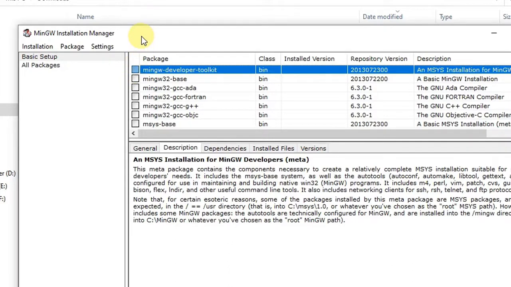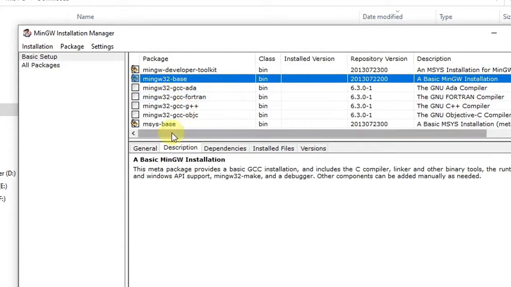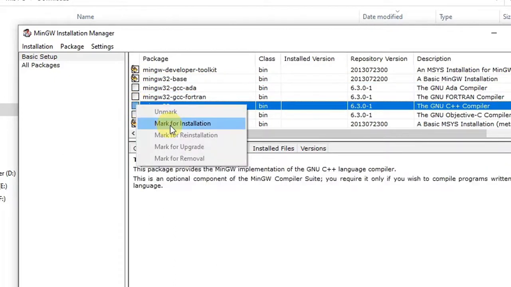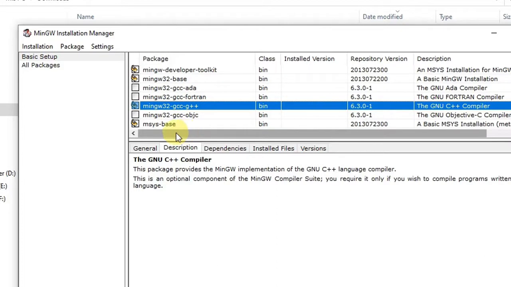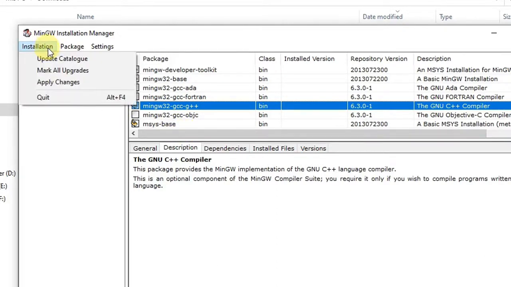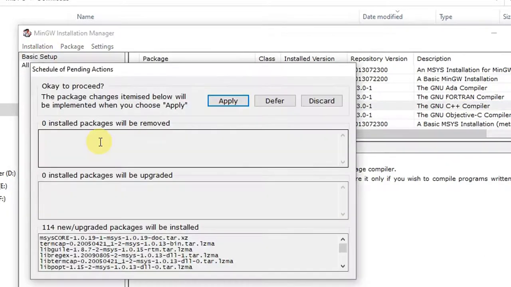Okay, the mark appeared. These two default packages have a dependency on each other, that's why they are appearing selected. The second one, we have to select is MinGW32 base, then we have to select GCC G++. Okay, that's it. Now go to the installation menu and click on apply changes.